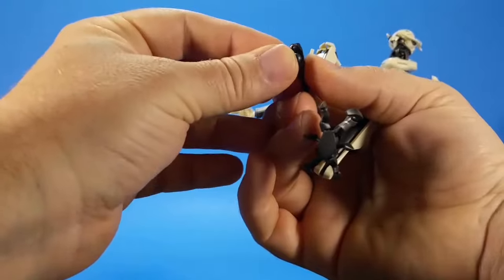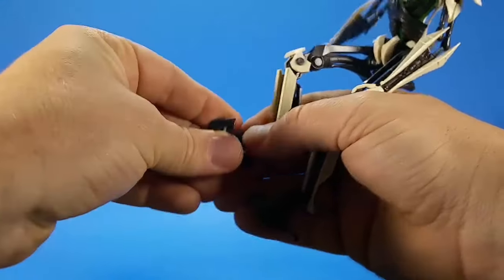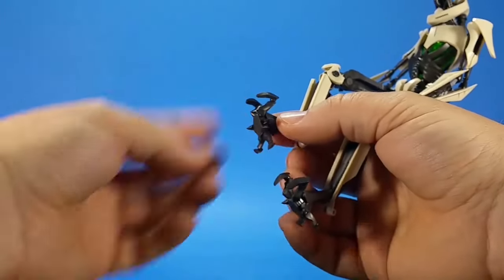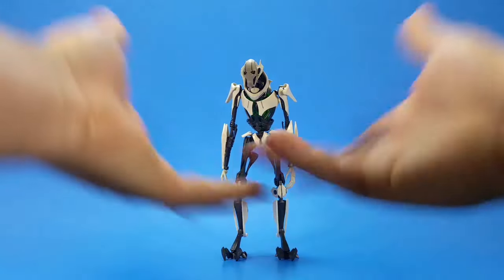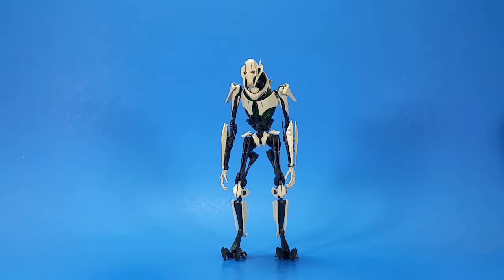This ball joint actually goes side to side right there, so it gives you a little bit of extra tilt whenever you're getting the foot flat. And then the ball allows for back, forward. And that's what I was talking about. Even after moving him all around like that, there you go, standing again. He looks great, he's awesome, but that's probably the thing that makes me the happiest right there, is his standing